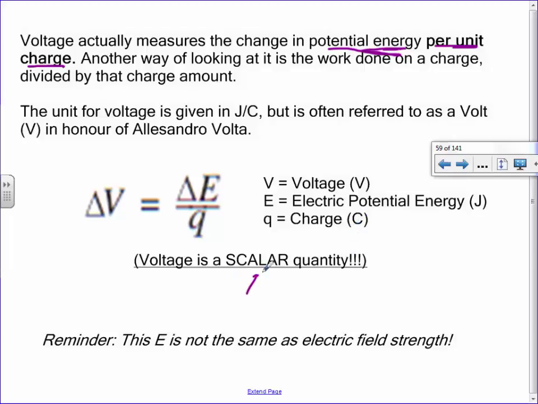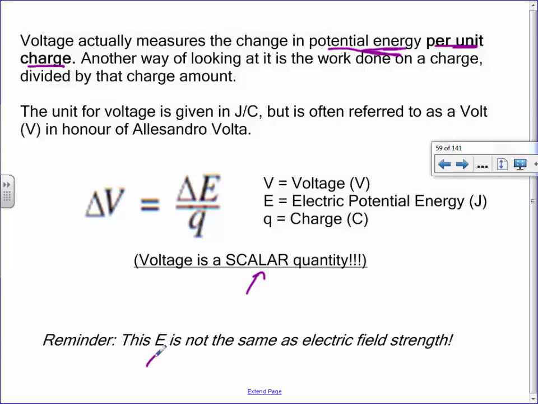So here's another thing we need to point out. Big exclamation marks here: voltage is scalar. Why would voltage be scalar? Well, what's voltage based on? Energy, and it's also based on charge. Charge, I guess you could say it kind of has a direction, but it doesn't really have a north, south, east, west direction. It more just has a positive, negative direction. So really, charge is also kind of scalar in a way, because you couldn't say it's 5 coulombs north. So voltage is scalar. We don't care about the direction.